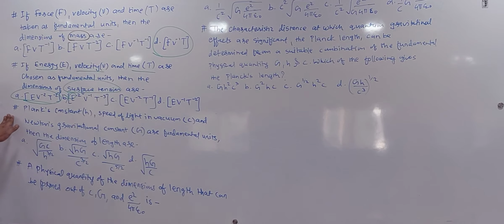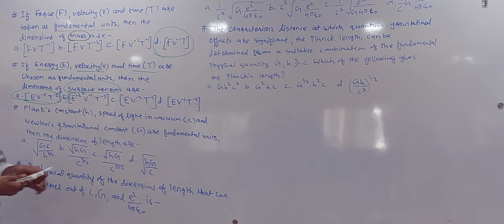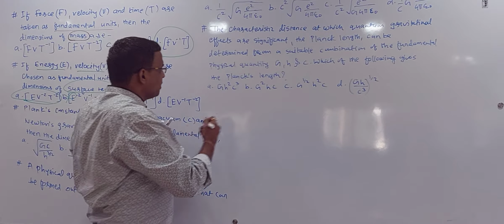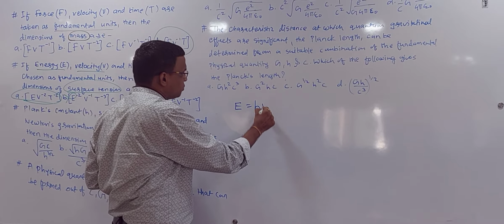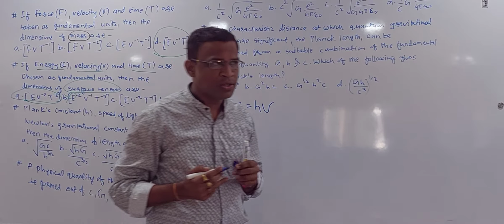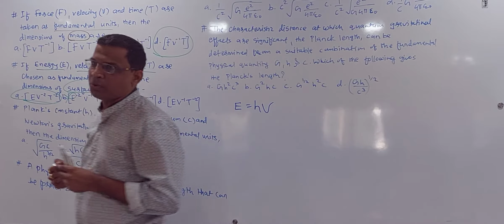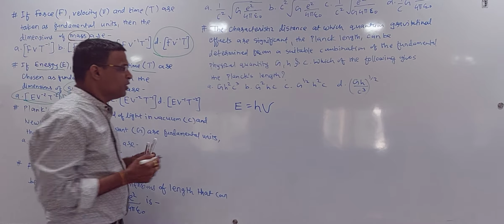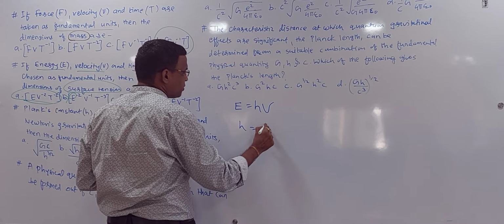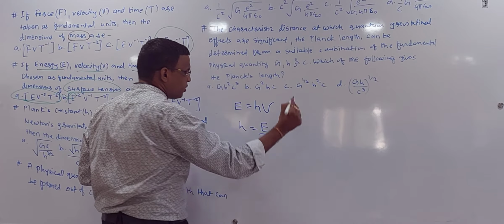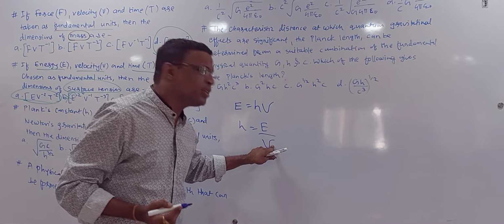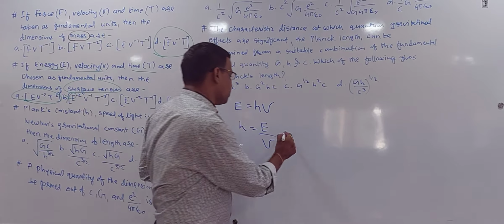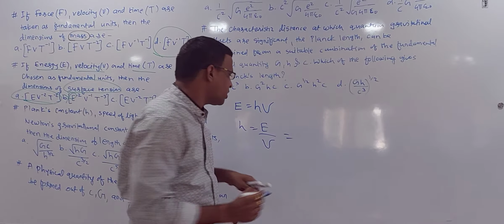Fine. Question number 3, Planck's constant. Before that, I should know the formula. E is equal to h nu. Where did we get this formula? Atomic structure, photon concept, physics. So h is Planck's constant, h is equal to E upon nu. What is nu? Frequency, 1 upon T. Already in the denominator means T in the numerator. Energy we have just got in the last question,